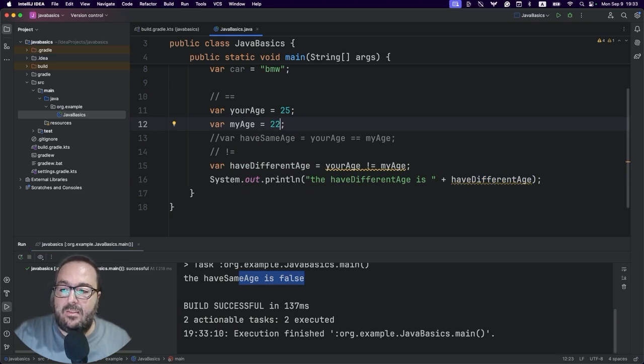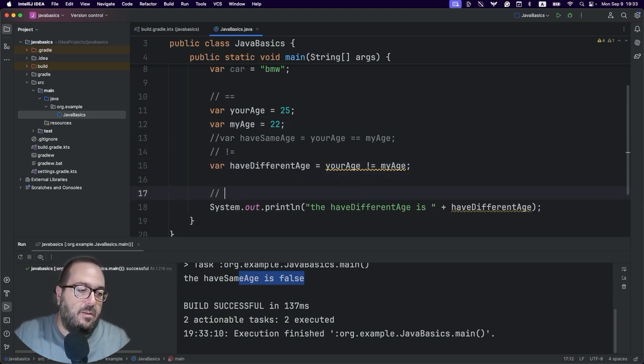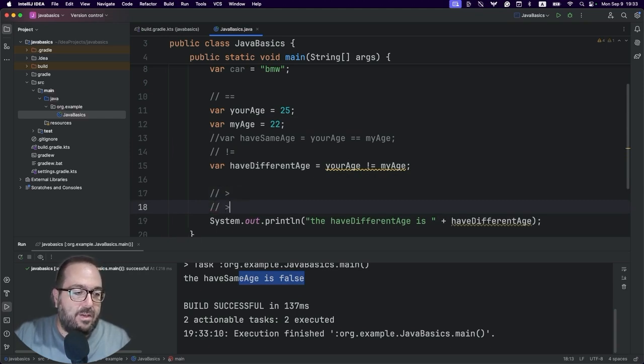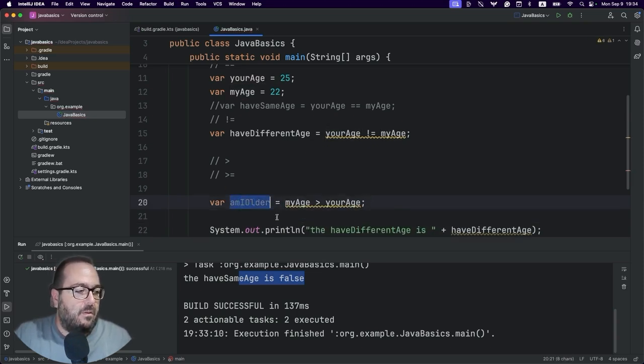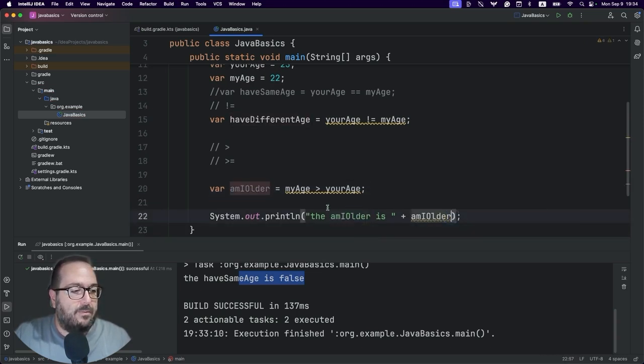Now, we have the greater than and greater than or equal to operators. Let's move on. So it's greater, and we have also the greater equal one. Let's create a new variable. Let's say, amIOlder. We can say, my age is greater than your age. Let's output this and see what it's going to tell.